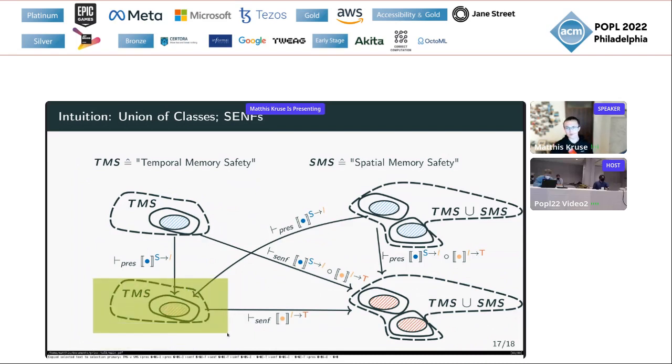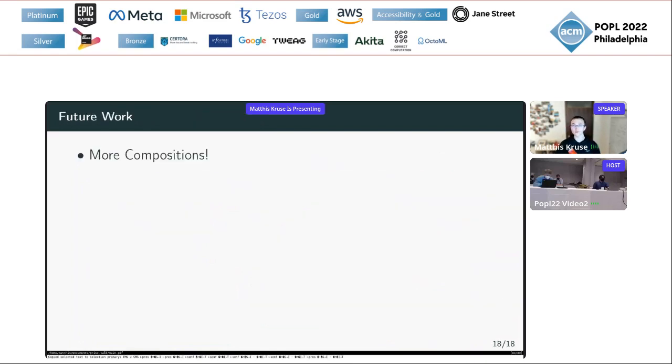So here, spatial memory safety. Nevertheless, having an enforcement in the pipeline, we can fix up things and get to both preserve spatial memory safety and temporal memory safety. Now, this basically concludes my talk, and in the future, we want to discover and prove